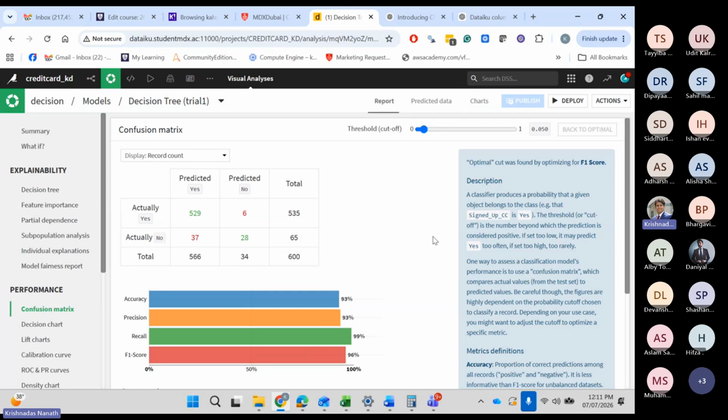Or maybe I could change the split strategy completely. I could do a stratified split, which means in the training data, maintain the ratio of yes and no, and in the test data, maintain that ratio of yes and no.